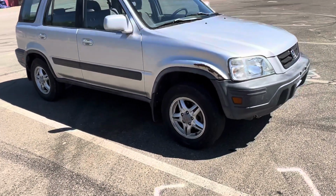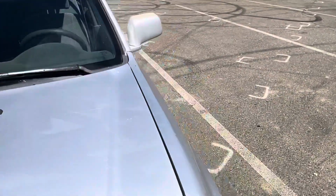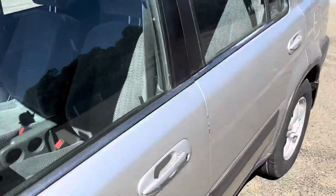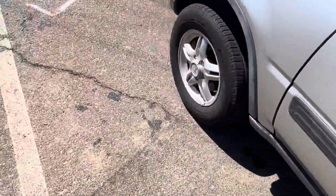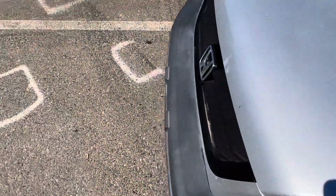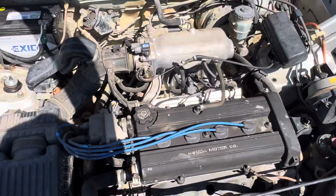Not bad at all. Price is gonna be $3,500 on this one. Maybe we'll do like $3,250. There's another one, not locally, in San Francisco. It's really beat up, and it's like $4,500. So, E20, all stock,